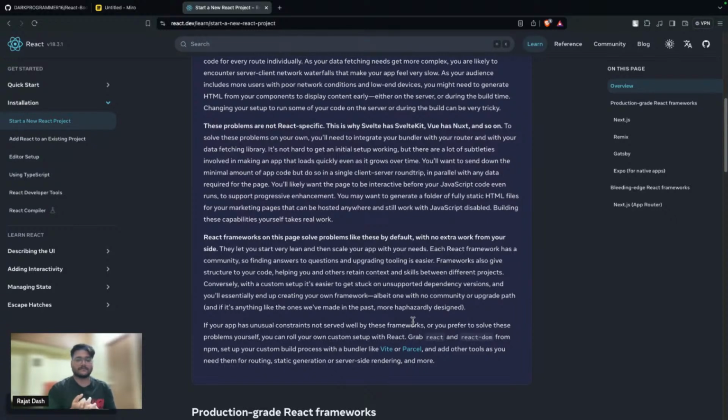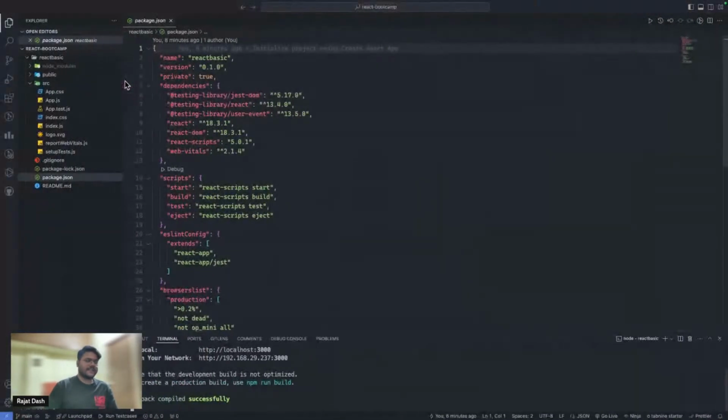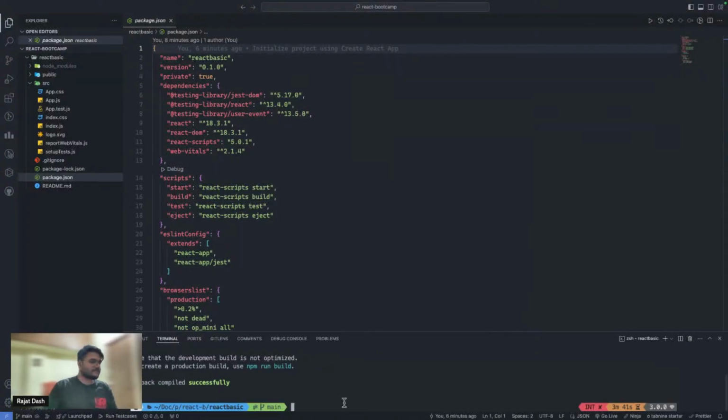Okay, Vite and Parcel are the web JavaScript bundlers. I will give you an example of how to use Vite, and in further sessions also we will be using Vite only. Okay, so let's first close this and move on.